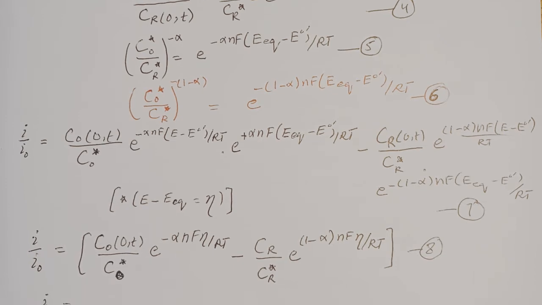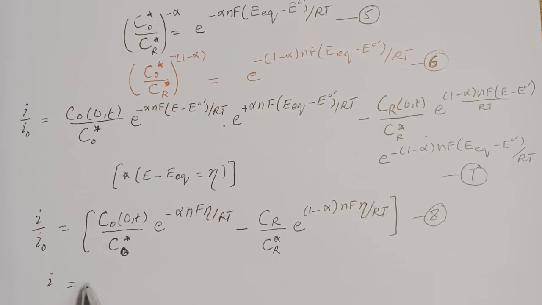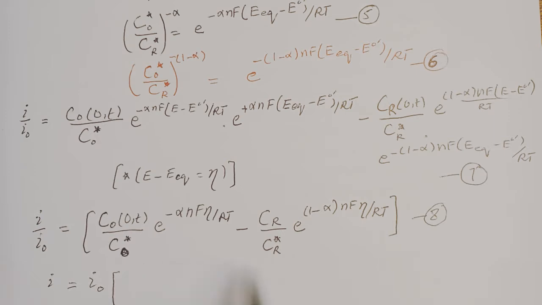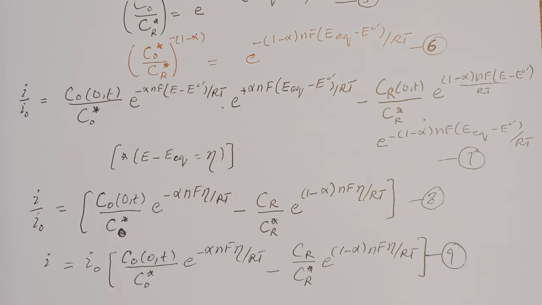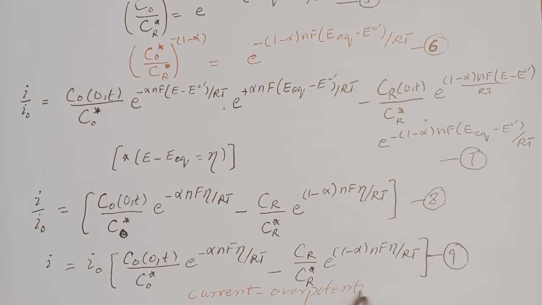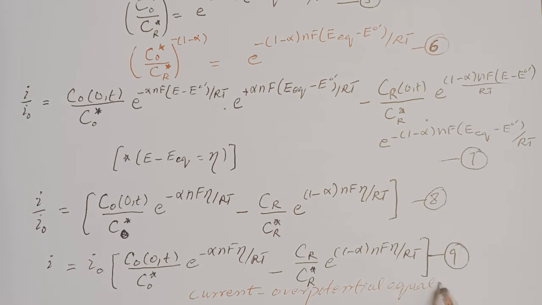So now we can again rearrange this equation as total current is actually equal to the product of the exchange current and the factor given in the bracket having two components. Now we get the equation number 9, which is known as current over potential equation. And this equation is a fundamental equation which have been used in electrochemistry, and it's having various advantages